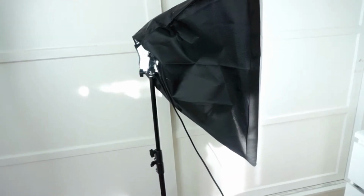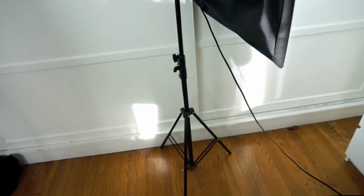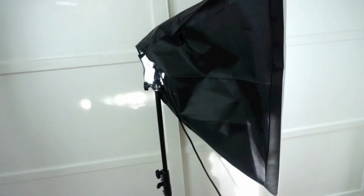I think this is the one thing that I've struggled with the most, but I feel like I've got it to a point where I absolutely love it and I want it to stay like this forever. I don't use anything fancy. I don't use the Kino Flow or anything like that. Those are like $2,000, and right now I don't feel like I'm ready to invest so much money into lighting. So I use 2 softbox lights which I purchased from Amazon,